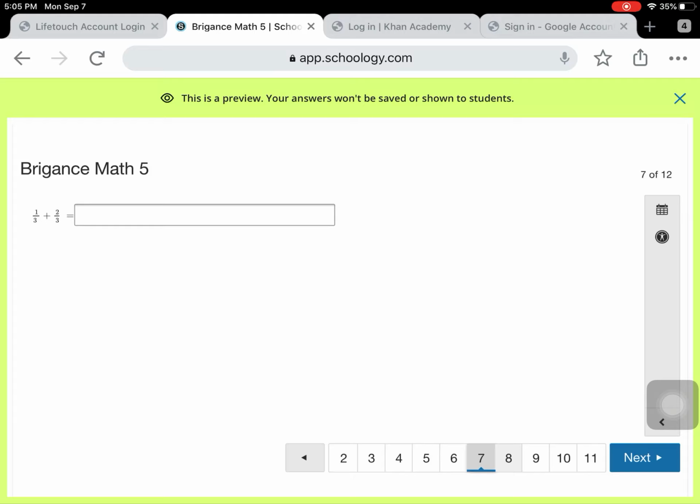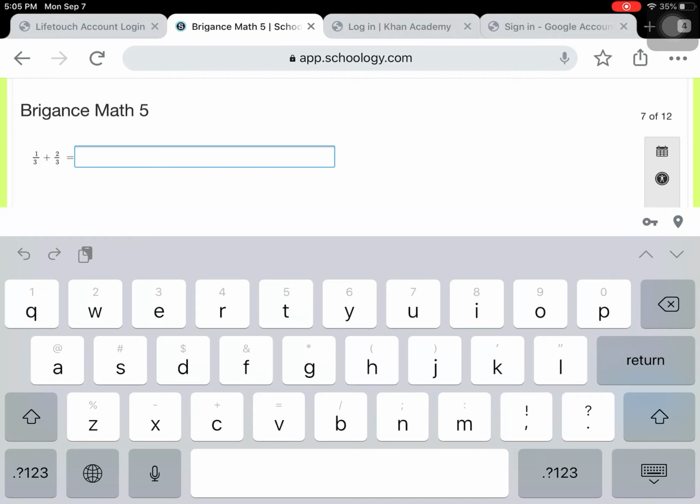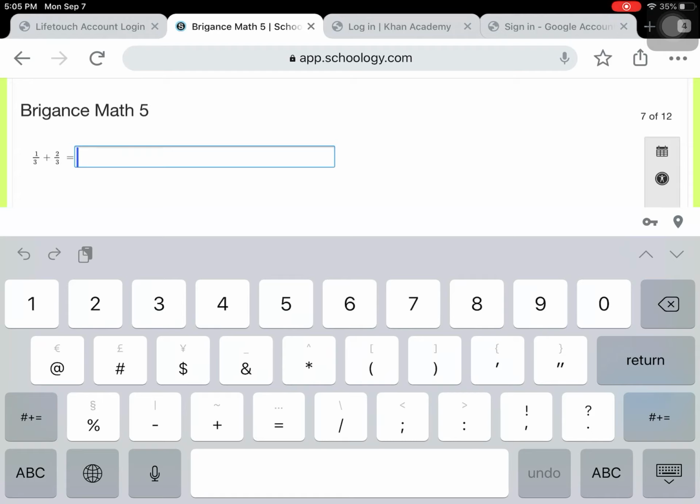And now you have some fractions. I will say when you go to answer this problem, you have the 1/3 plus 2/3. So again, if I'm thinking of an answer as a fraction, I'm not giving you the answer here. I'm just showing you when you enter it into the answer box. So let's just say I wanted it to be 1/3. Not the correct answer, but again, I'd have 1, then I'd have the backslash symbol, and then my other number. So you just want to make sure that you are finding that backslash symbol is in with the numbers.